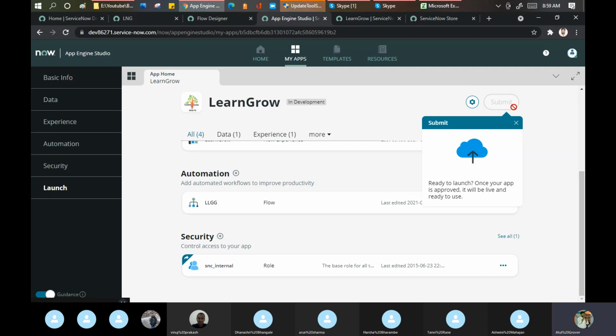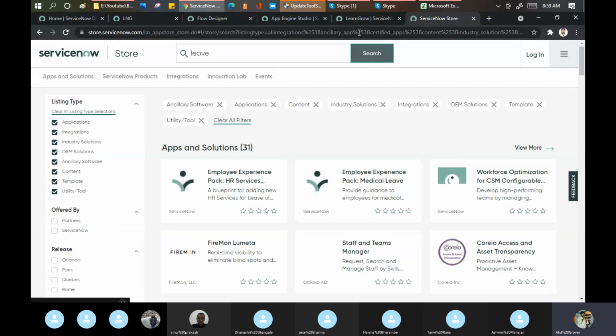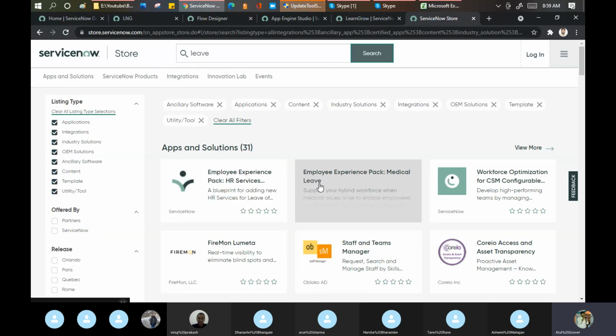Clear till this point? Any doubt, any question? Anyone? Tell me, guys. Leave management, tell me, yes. Harsha, Tanvi, Dhanashri. See, the ones which have a ServiceNow symbol are the applications developed by ServiceNow.